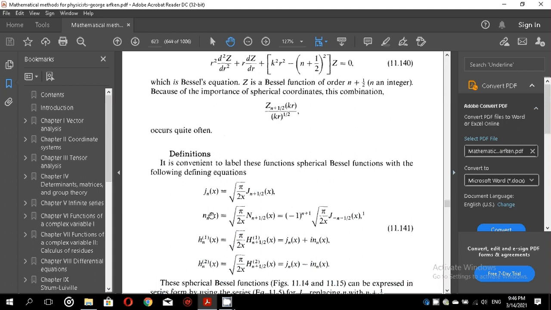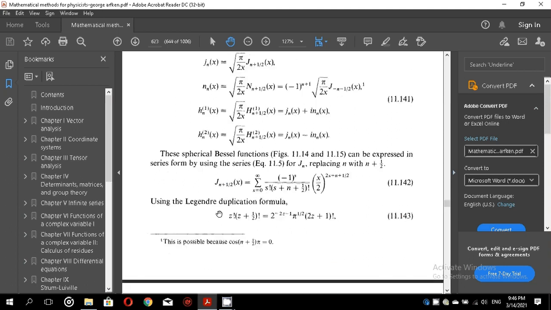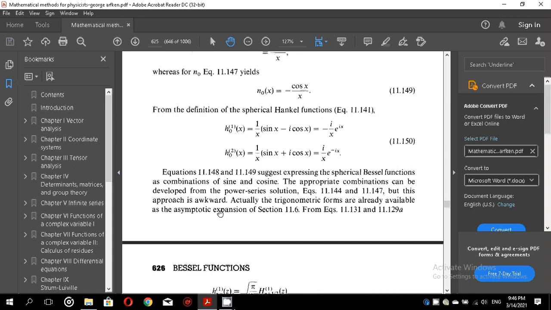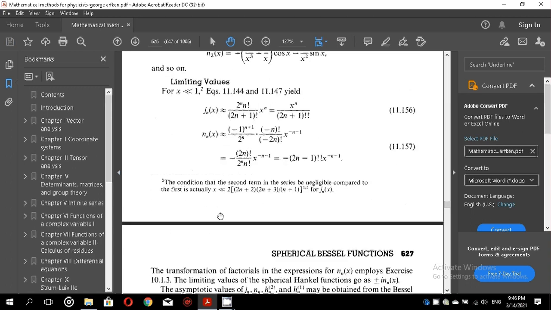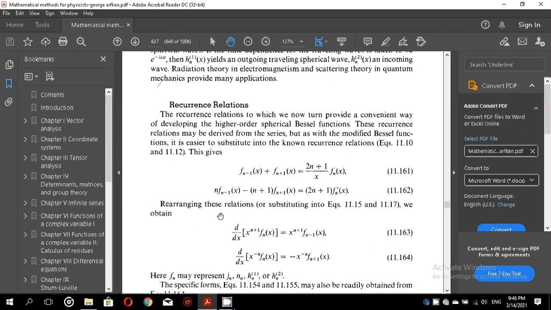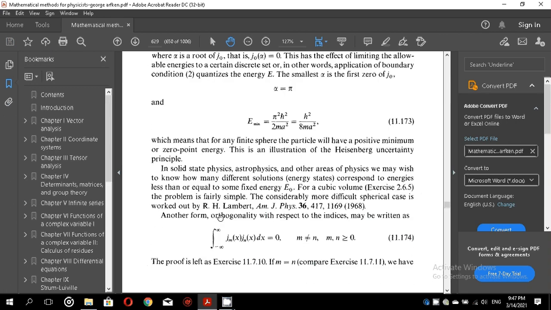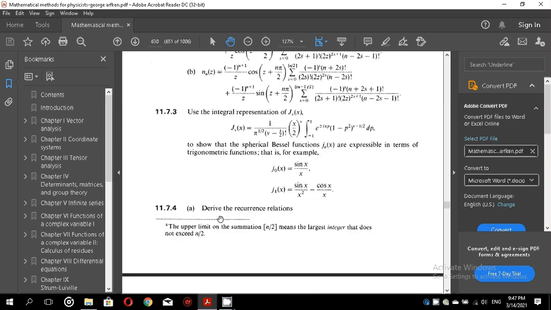So this is the fourth type of Bessel's functions, the spherical Bessel functions, which are used in physical problems where we have spherical symmetry present. Okay, now one of the direct applications of the spherical Bessel's function is given in a problem over here. Let me find this problem, this example,